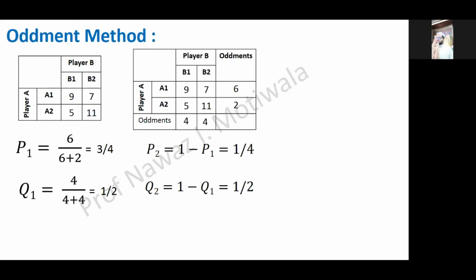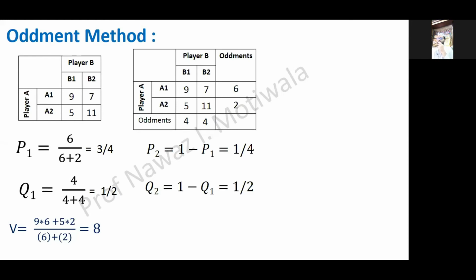Let us consider this question we have already solved, and we have also found the value of game as 8. So what we did here, we found out oddments, but can anyone give me the answer: what do you mean by oddment in general terms? Let us forget about OR. In general, what do you mean by oddment? A piece of something. Yes, very good. A piece of something, or you can say how many of that complete part I will get.